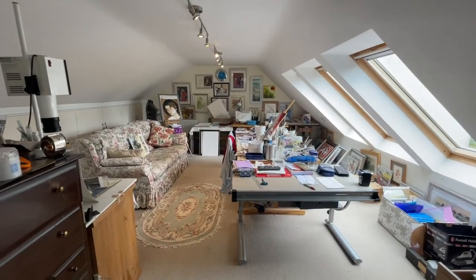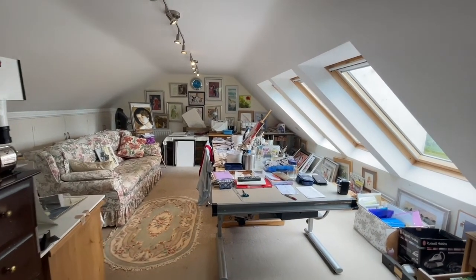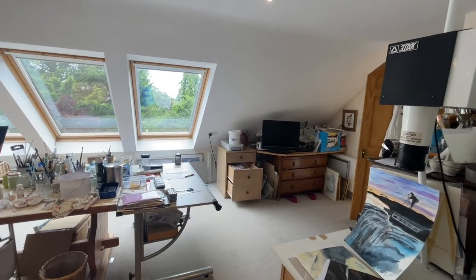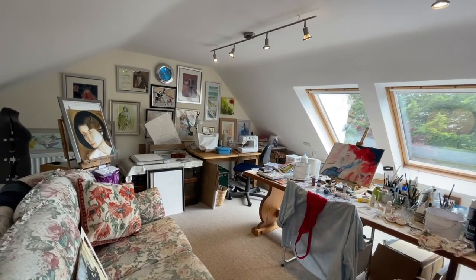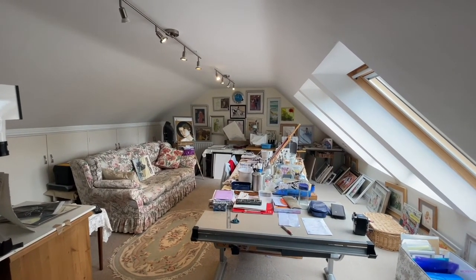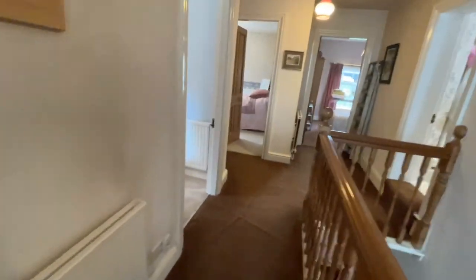This is currently a painting studio, as you can see, but it's enormous and it's got 3 large Velux roof lights in, loads of under eave storage, and would make for an absolutely fantastic master bedroom, or, as this is already a magnificent hobbies room, it could even be another letting bedroom if you wanted to do some sort of lifestyle business from here. But you can see it's got really good generous proportions in here, and it's so naturally light. So this has been a great addition to this house and just gives this room a bit more of a modern element. So as you come back onto the landing,